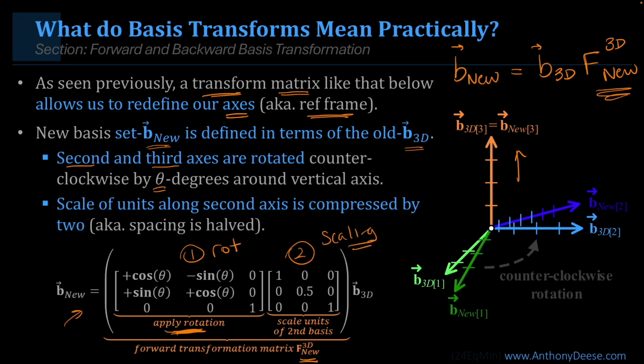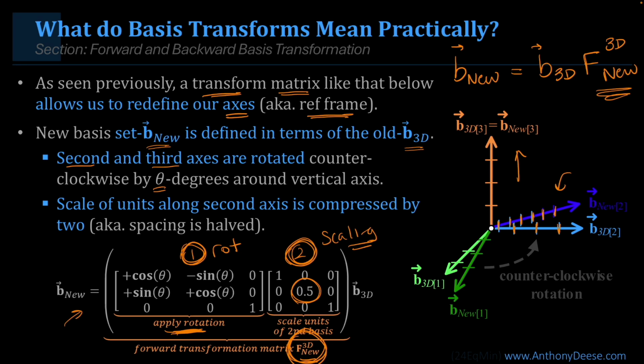Now the second matrix, you can see all it really does is compress the units along the second axis by 2. And that's the reason why if you look over here, you can see that the tick marks on the darker blue axes are closer together than the tick marks on the lighter blue axes, because we've compressed that scale. And so by taking the product of the first and the second forward transform matrix, we create the overall forward